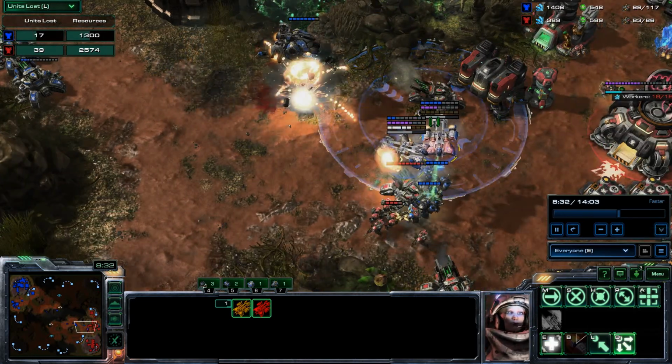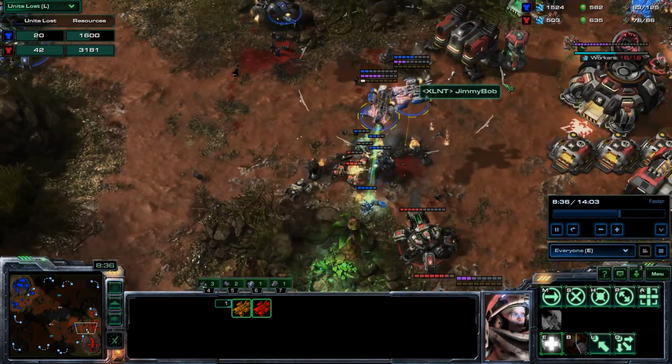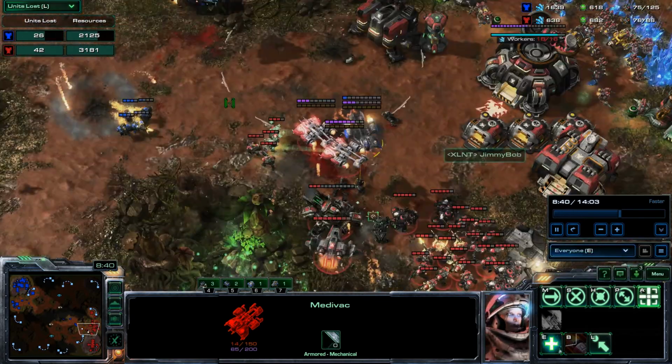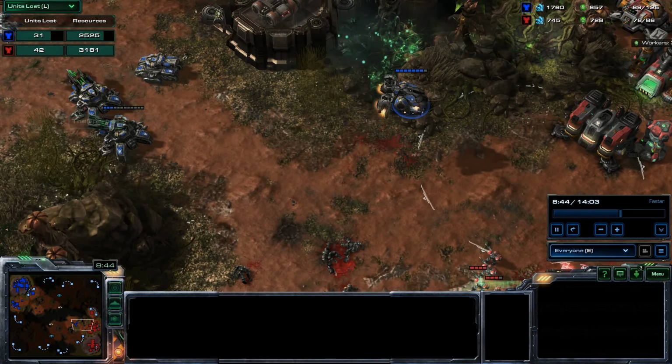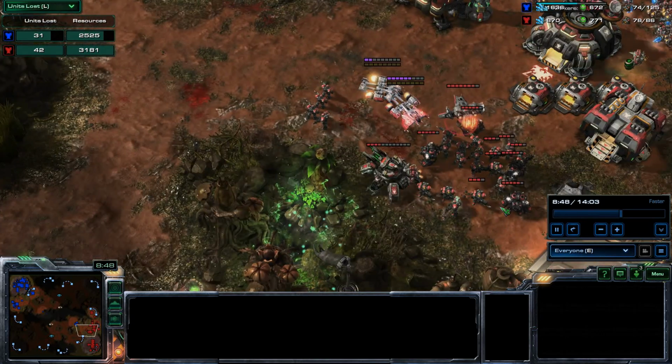So I'm going to miss micro there. I do successfully take out 2 of the siege tanks with some micro. I'm not able to take that last one out, and those guys are lost as a result of poor micro once again. However, I do have a good position right now,